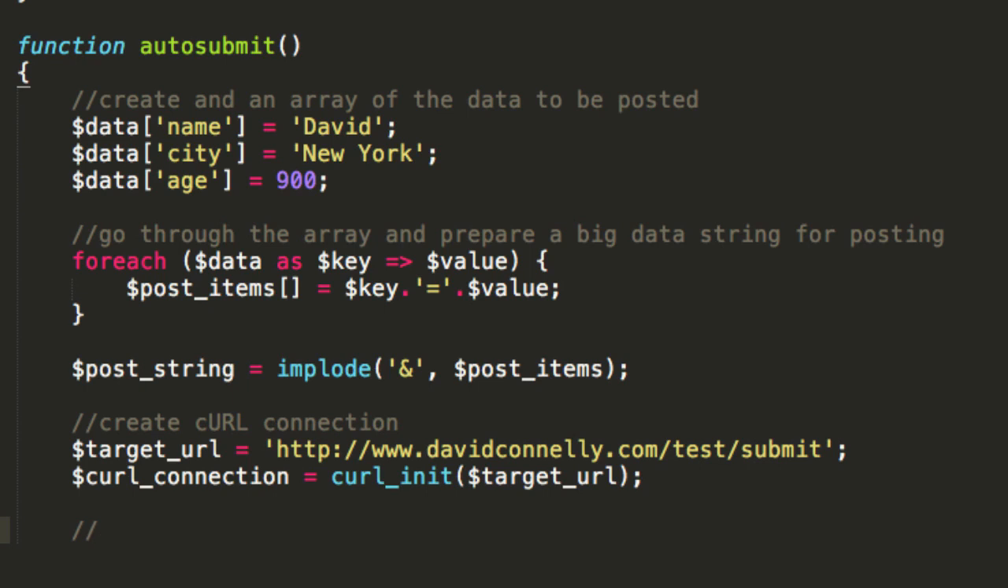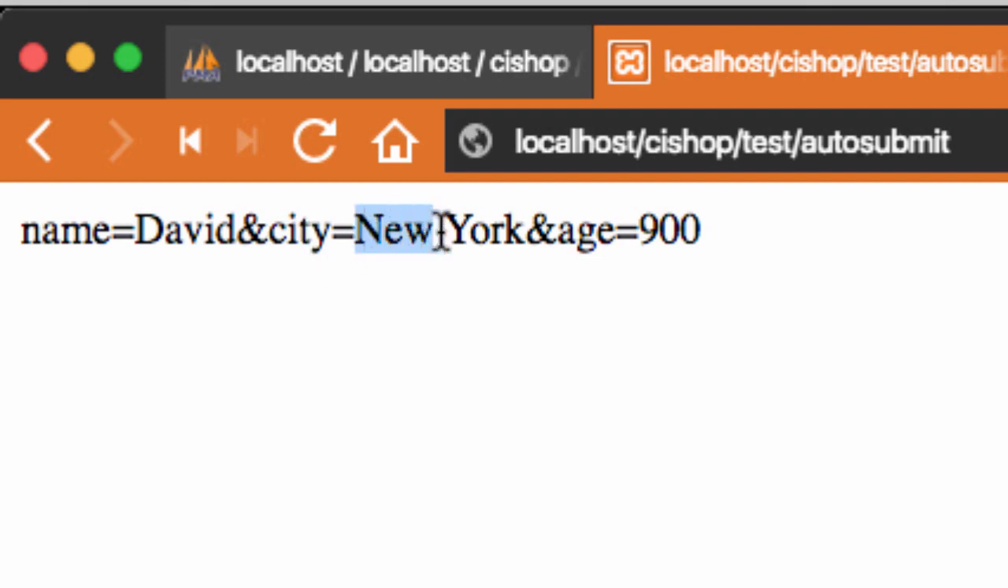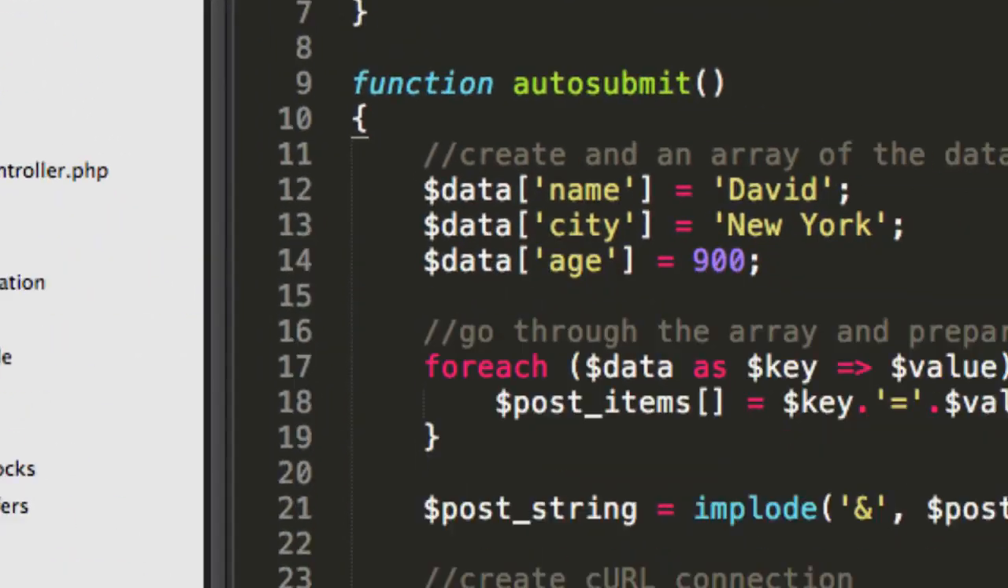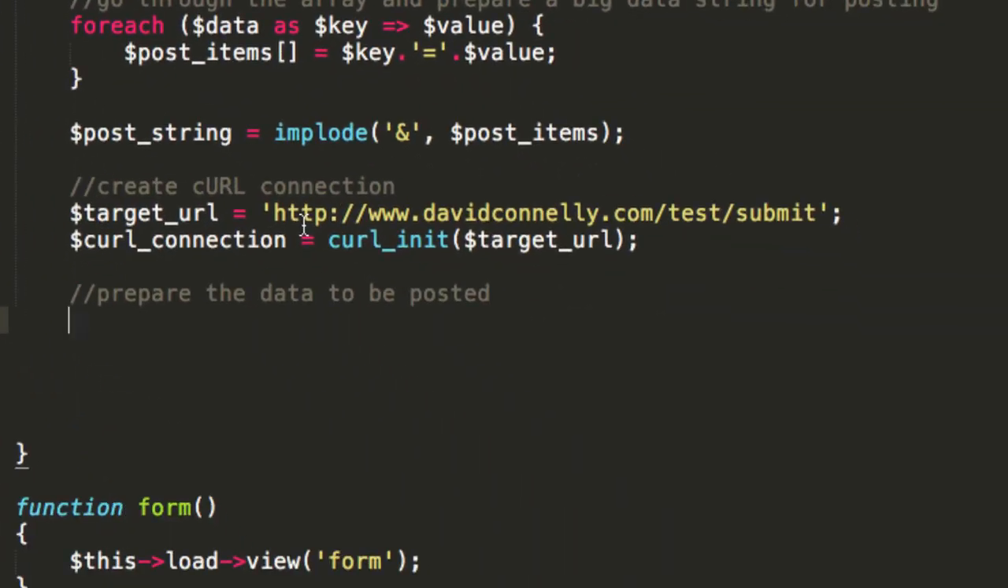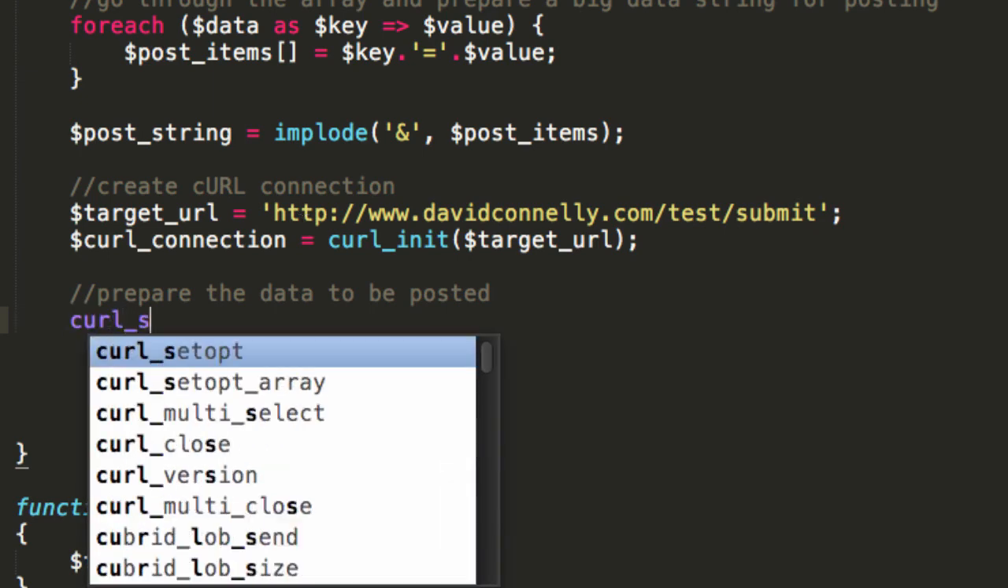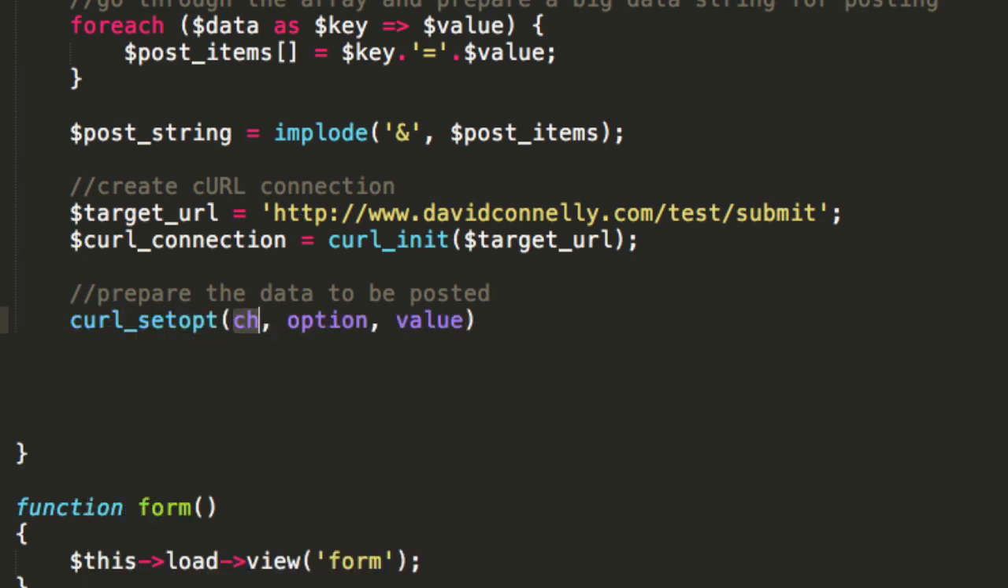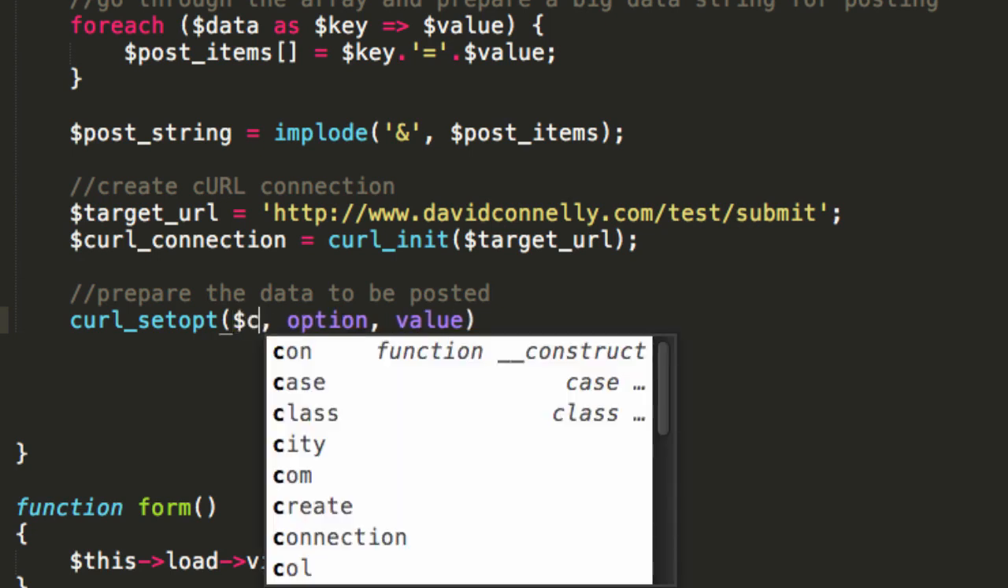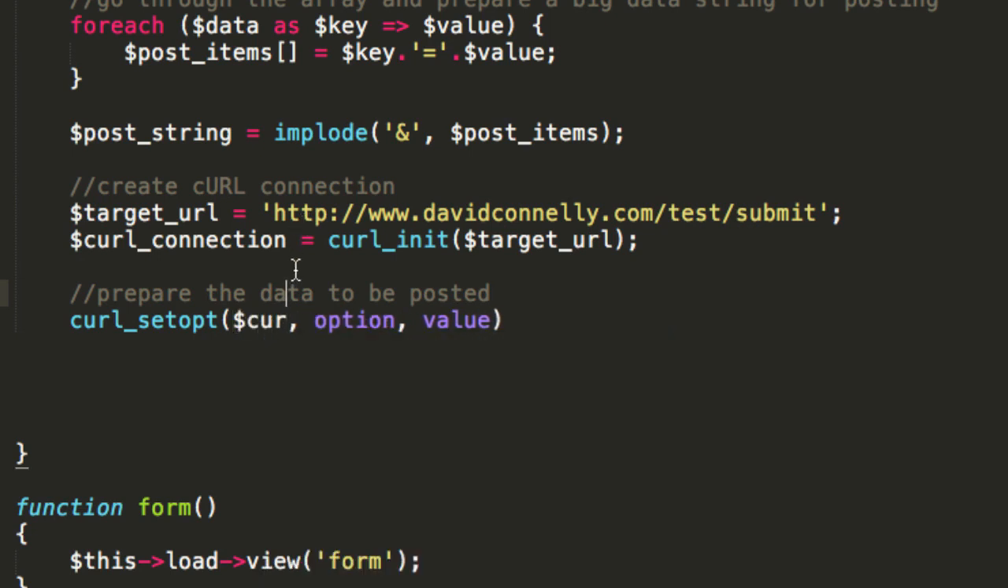And now I'm going to just prepare the data to be posted. So do you see how we've got city is New York and there's a space here? That's maybe not a cool vibe. So just to make sure that all of the characters are okay, I'm going to say curl_setopt, set the options, and I'm going to do that to this curl connection variable,